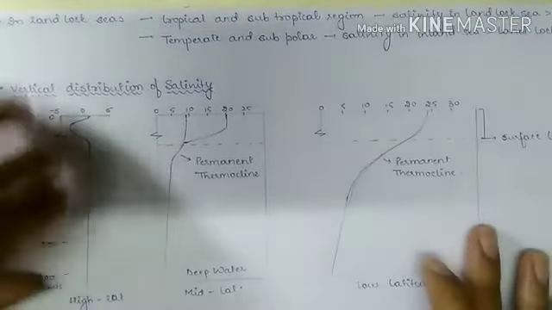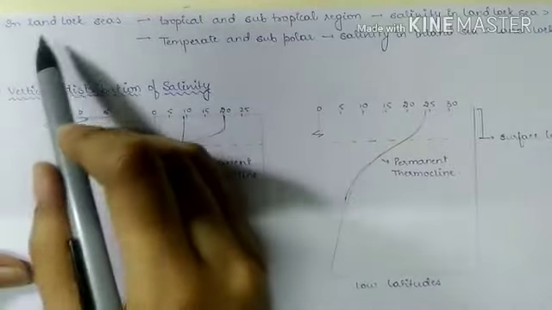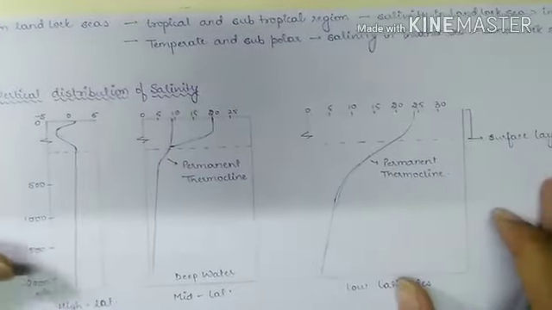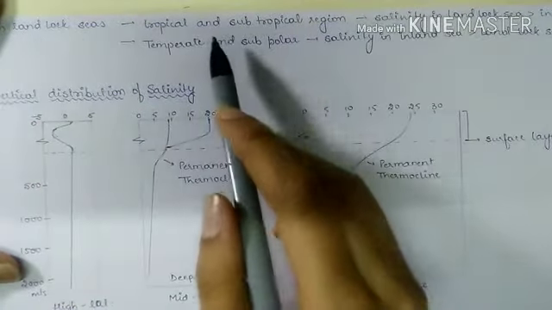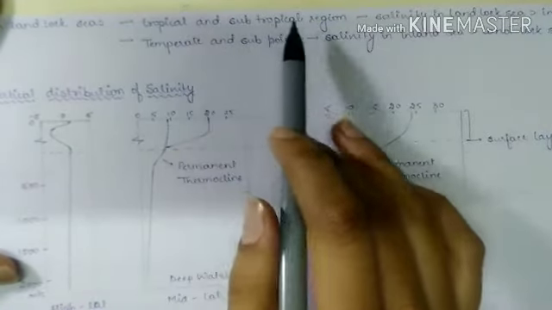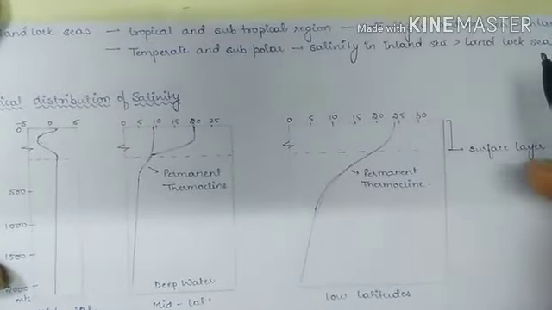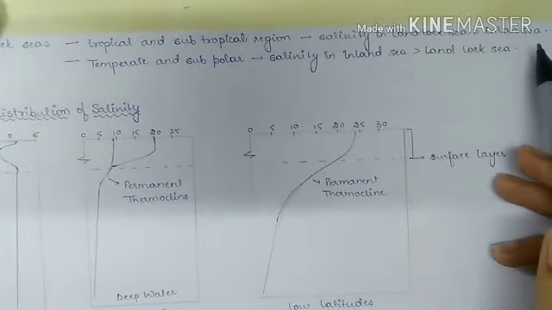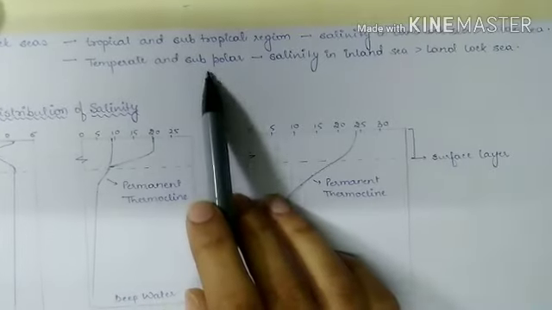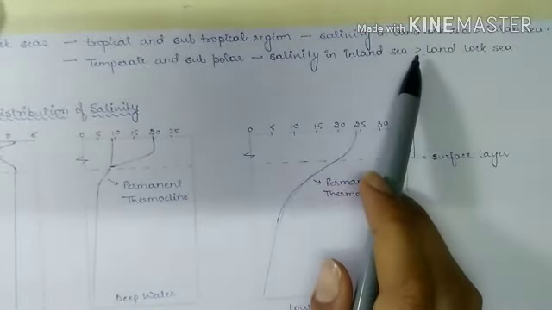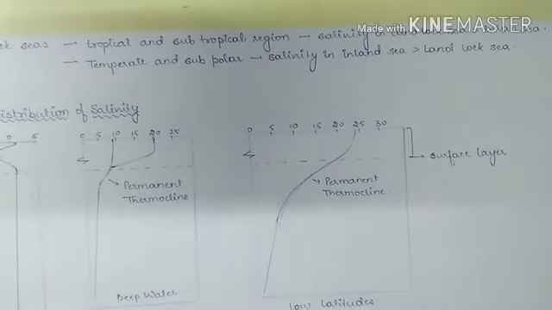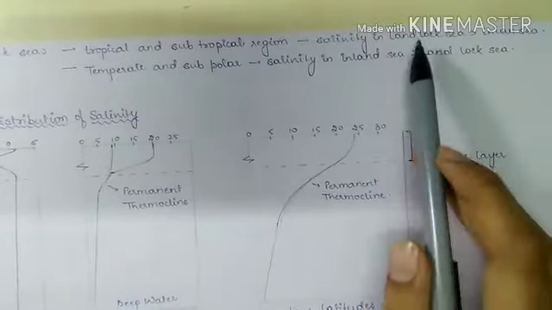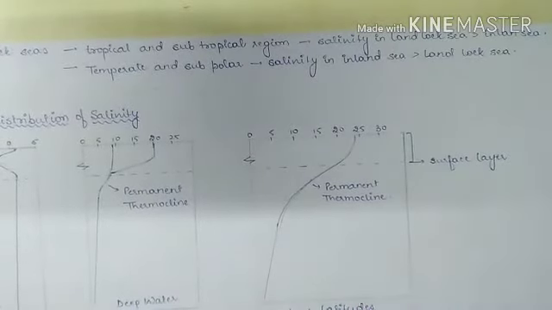Now if we look into the horizontal distribution of landlocked seas and adjacent seas, then we can see that in tropical and subtropical regions, the salinity of landlocked seas will be more than the salinity in inland seas, while in temperate and polar regions, the salinity in inland seas will be more than that of landlocked seas. Reason being, in tropical and subtropical regions, the landlocked sea has restricted exchange with